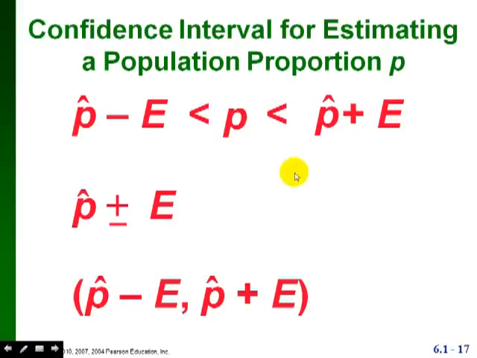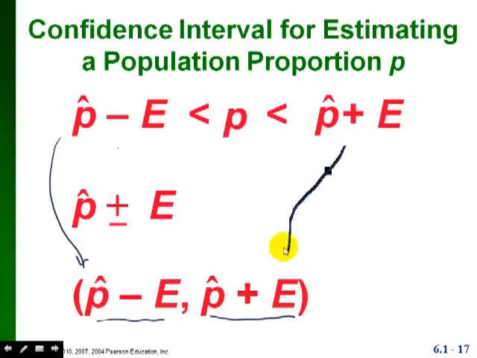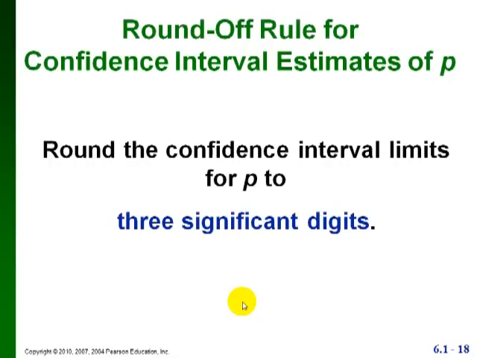And here are actually 3 different ways that you can write your confidence interval. You can write it as an inequality like this. You can just simply write the point estimate and then say plus or minus and whatever your margin of error is. Or you can write it in interval notation. So this would be your lower limit, just like in the inequality up here. And this one would be your upper limit, just like we have in the inequality up here. Just that this is written as an interval instead of as an inequality. And the round-off rule, if we're doing proportions, is that we're going to round our confidence interval limits to 3